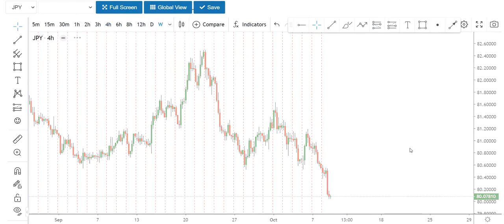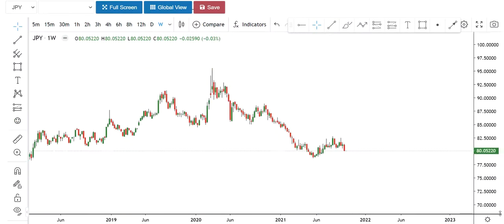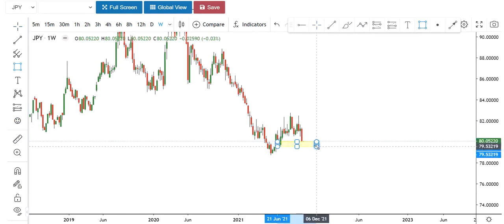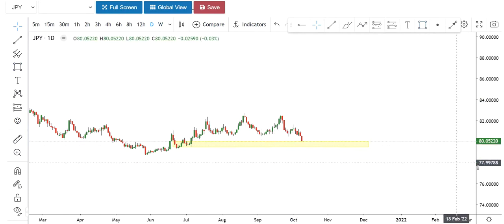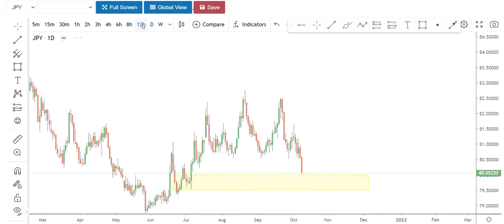Now if you look at the Japanese yen on the weekly time frame, what can we see? Now we've been falling downwards, but you will see that we respected a demand zone here. So on coming to the daily, what can we see? Demand zone tapped at, so we may expect price coming down to this demand zone before a movement to the